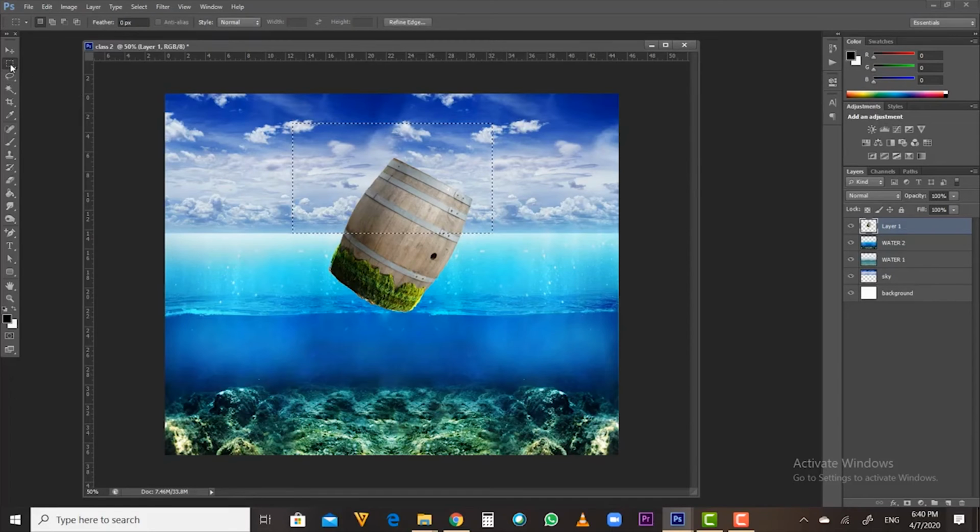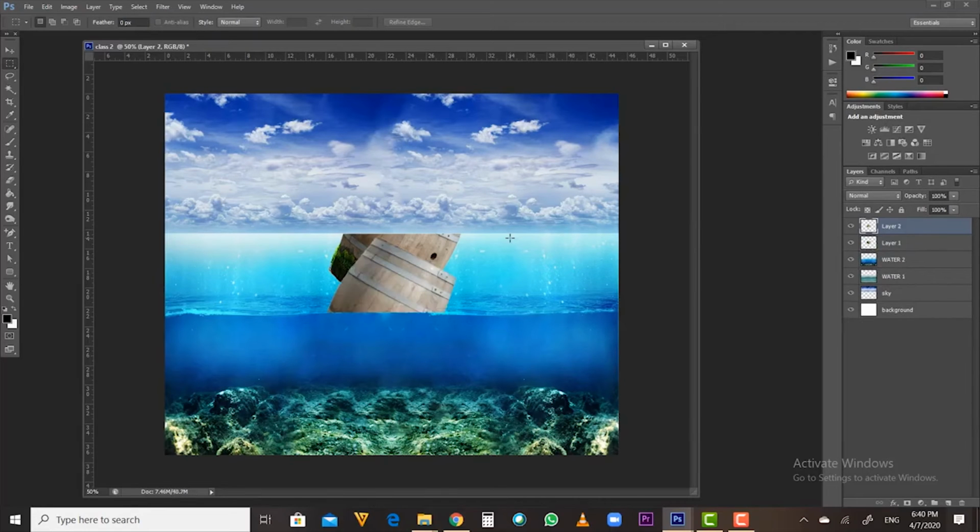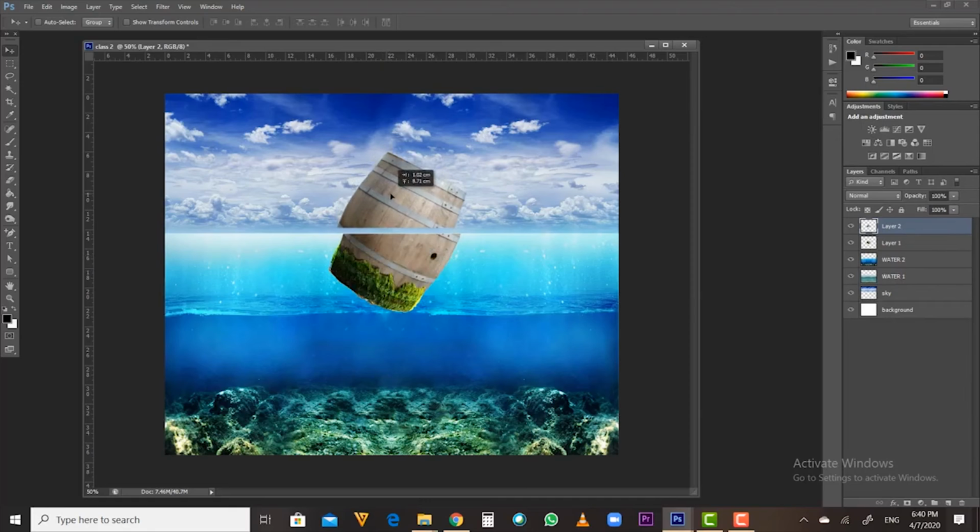So let's select the rectangle tool and make a selection of the upper side of the barrel, and then press Control C actually, and Control X. Control X gives you the ability to cut your picture into as many parts as you would like to. So for example, this is upper, and this is